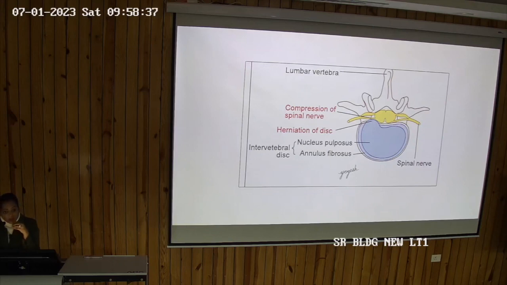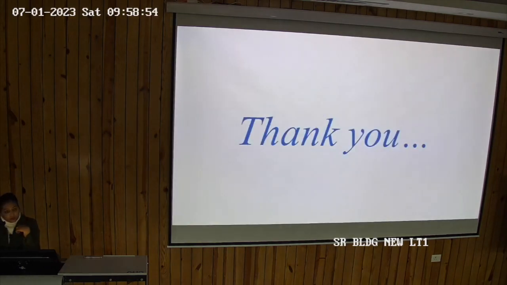There is a sharp, excruciating pain along the distribution of the sciatic nerve. One of the causes is herniation of the disc, and another cause may be piriformis syndrome. Yesterday you may have studied piriformis. There is compression of this nerve because of the piriformis muscle. So this is all about today's